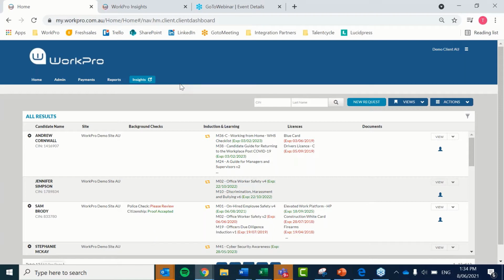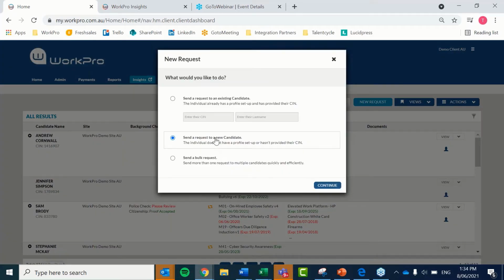So, license ticket documents. First of all, WorkPro has worked with the regulators, safety authorities to map and define the most common licenses, tickets, accreditations that need to be collated, collected, monitored for employment purposes. Bottom line is when you send a request, you can choose licenses, and depending on that license, we'll have classes and subclasses. So sending a request to a single candidate,